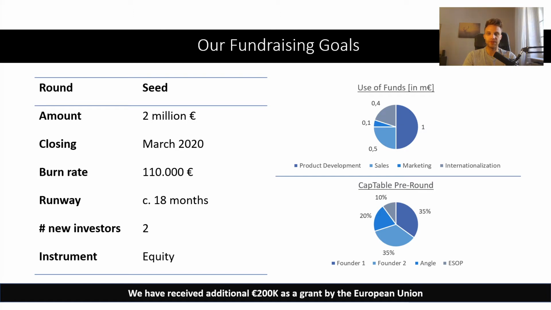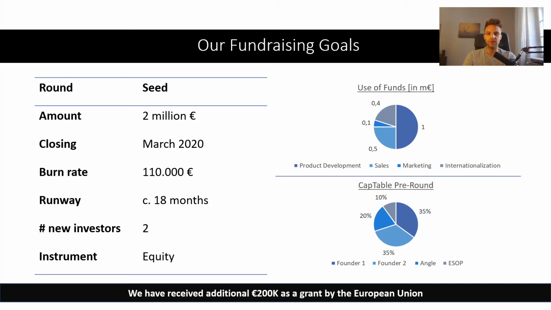The title, pretty clear, our fundraising goals. Like I said before, I prefer clear titles where I already know what it's about. I don't need an action title in my opinion here. I have a summary table on the left side. Round: it's a seed round. It tells me probably there was a pre-seed round. Next round will be the Series A. Gives me a rough understanding of the current state of the company.